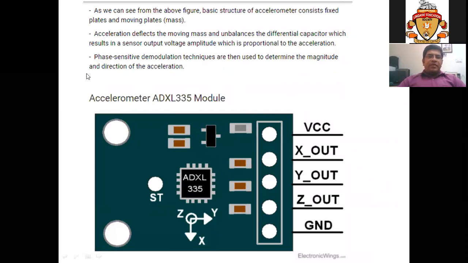The operating principle is that acceleration deflects the moving mass and unbalances the differential capacitor, which results in a sensor output voltage amplitude proportional to the acceleration. Phase sensitive demodulation techniques are then used to determine the magnitude as well as direction of the acceleration.